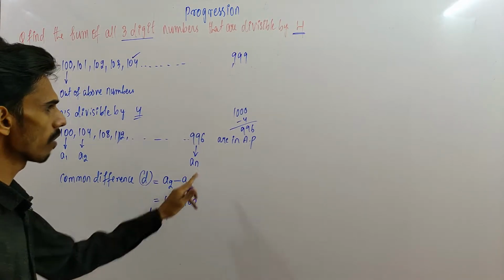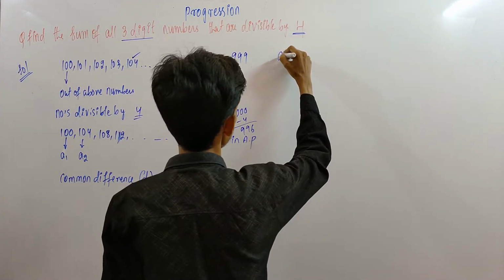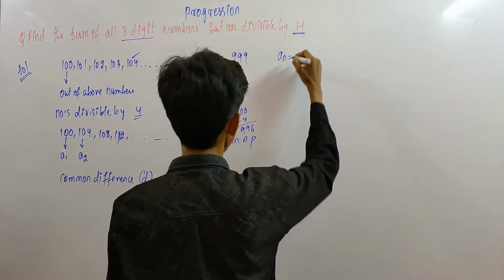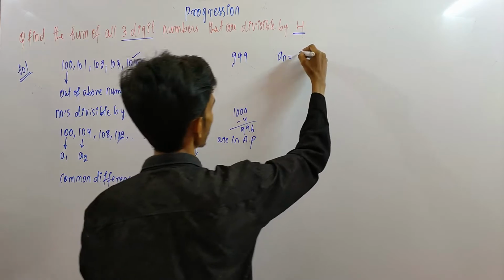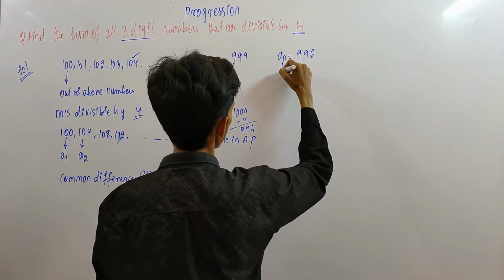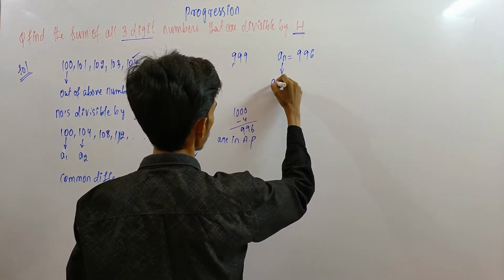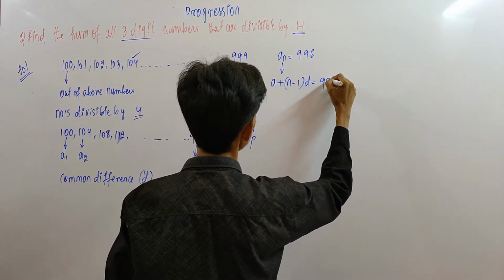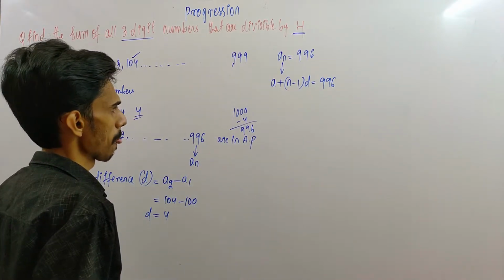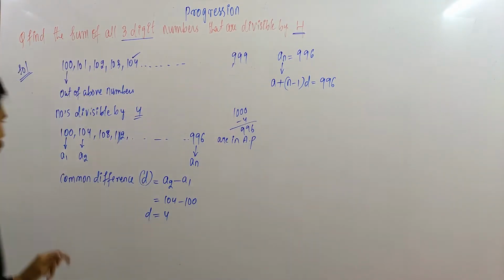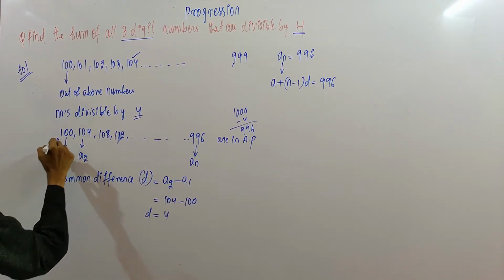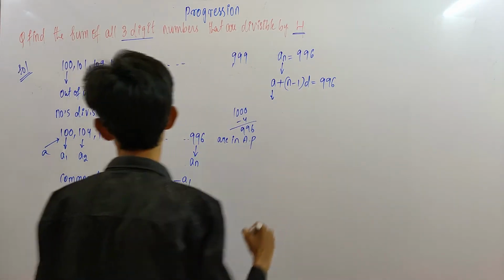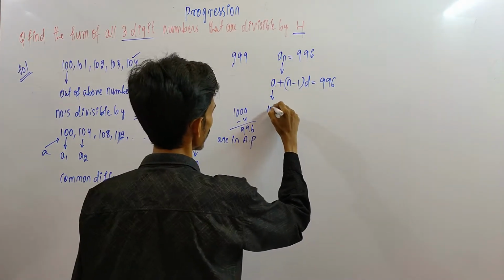Now the formula: in arithmetic progression, the nth term is denoted by AN. Its value is given as 996. We know the formula for this AN: AN is equal to A plus (N minus 1) into D, equal to 996. This A means the first term. We denote it A1 or as A, both are the same. So this value is given as 100